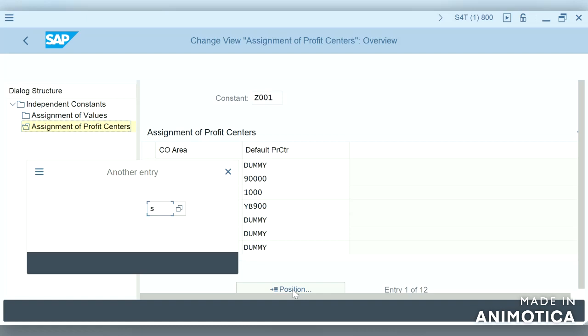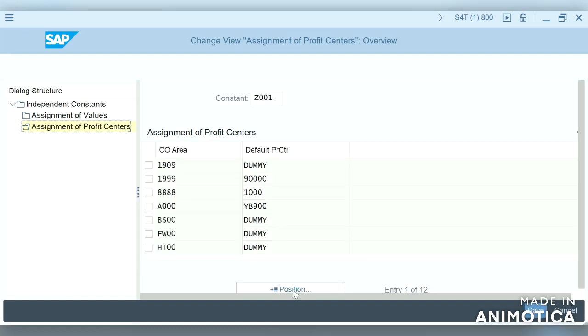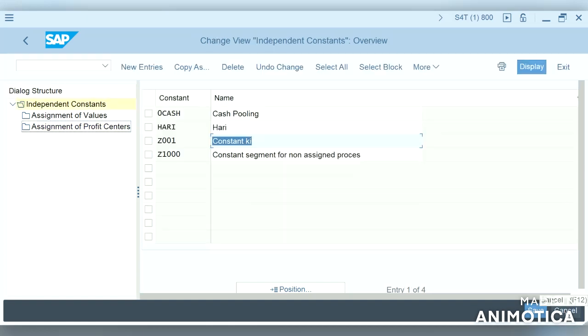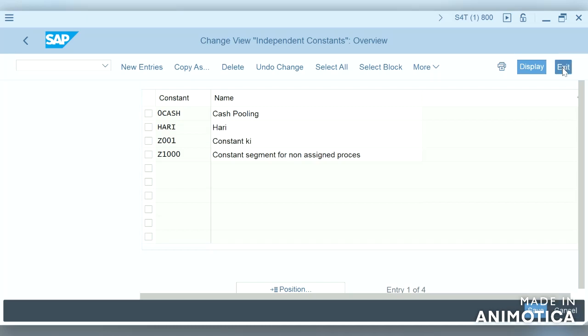Actually I tried assigning even here, so we don't have even in this path any default profit center available. This is particularly for the document splitting when nothing is assigned. So these are all the three places I have checked. I maintained and checked every time it is displaying, but I removed from these two places and just kept only the cost center master data,